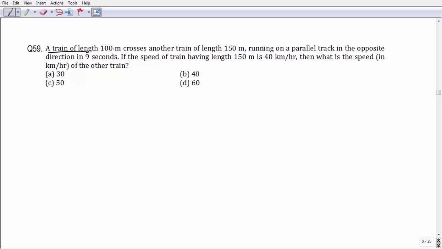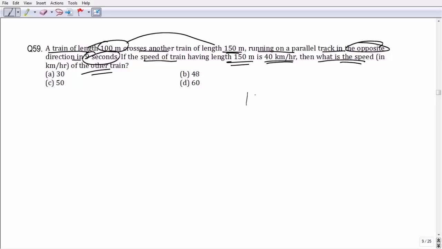Now it says that a train of length 100 meters crosses another train of length 150 meters running on a parallel track but in the opposite direction in 9 seconds. If the speed of the train having length 150 meters is 40 km per hour, then what is the speed of the other train? Now, talking about the total length that they have to cover, it is 250 meters in exactly